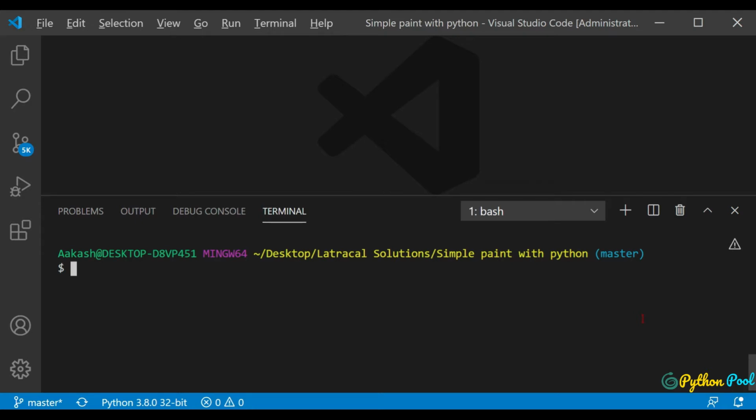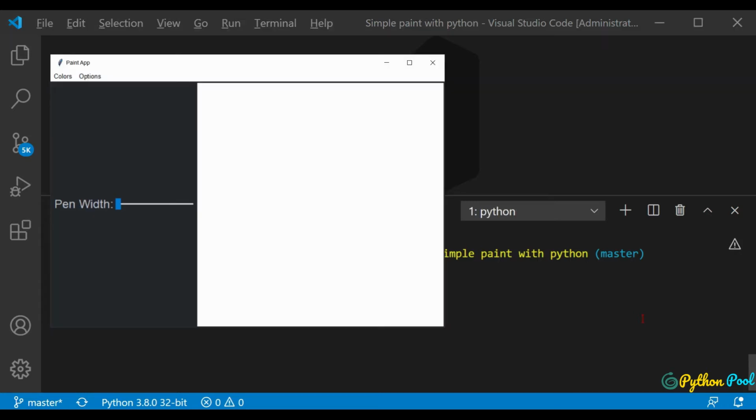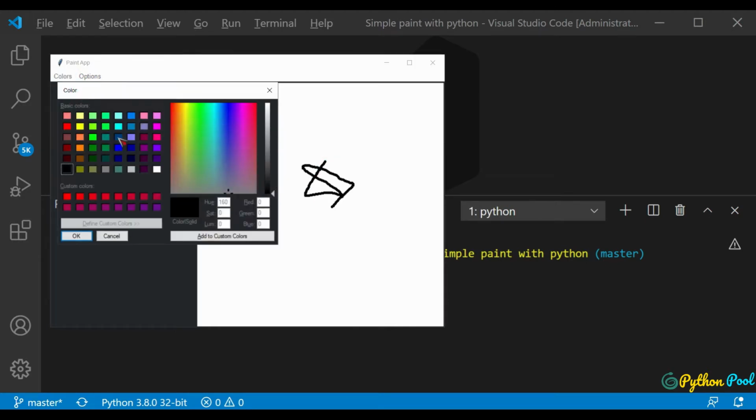In this video, we'll be seeing a simple Python program to create a paint tab using Tk GUI. So let me show you the demo program. Our demo program would be something like this. In this we could write anything just as you want. We could change the color, brush color, we could change to anything